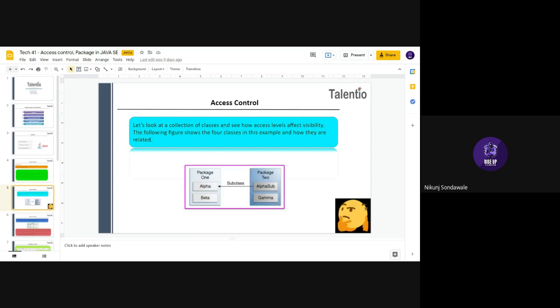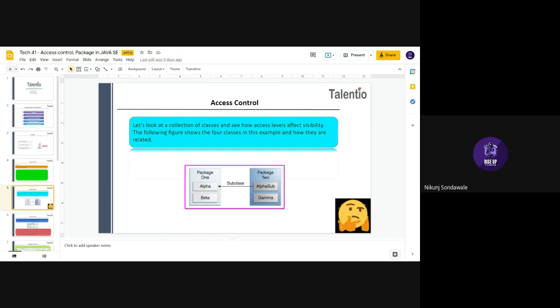Then let's take an example. Here we have two packages, package 1 and package 2. In package 1 we have one alpha class and one beta class. And in package 2 we have two classes, alpha sub and gamma.